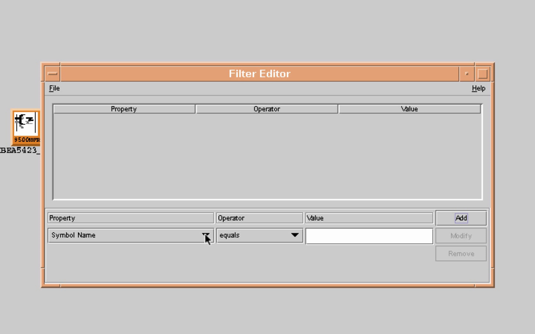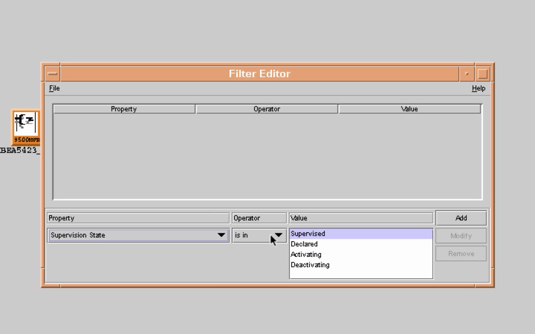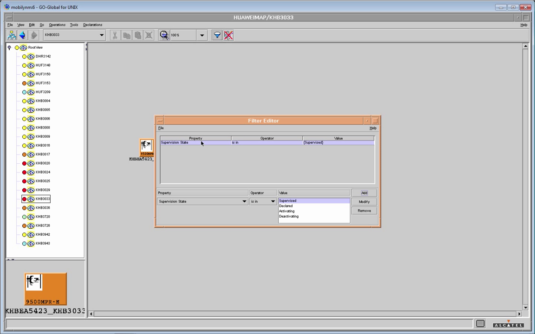some conditions, the properties. You can select the symbol name, the symbol type, urgent information, comments, administrative states, operational state, usage, alarm status, let's say supervision state. Okay, then the operator type, maybe is in, is not in, let's say supervised. You add, and to activate this filter you need to apply. Click on the file, apply button, and